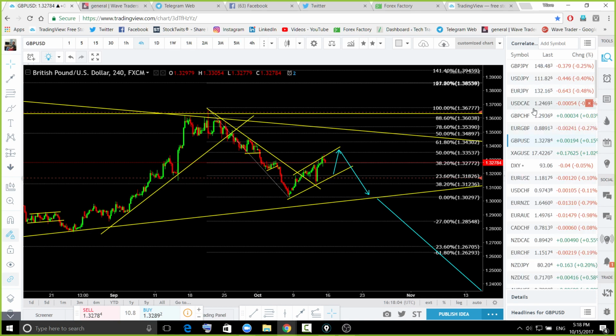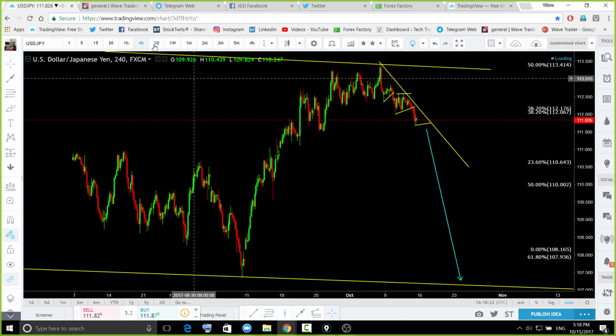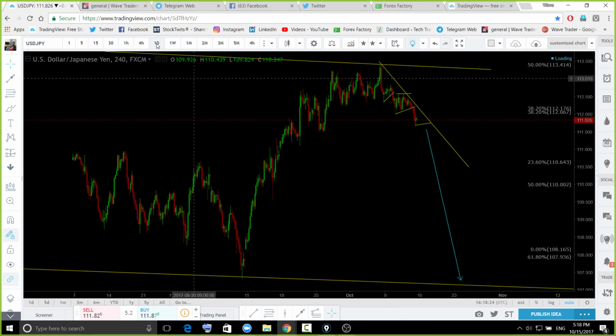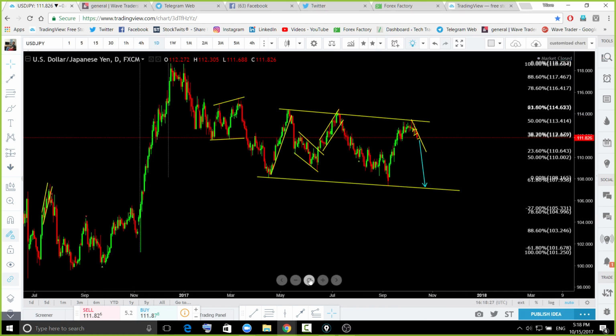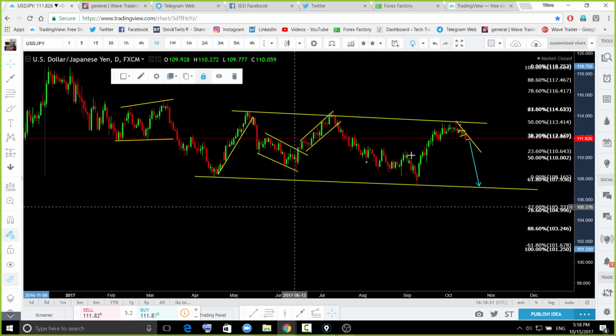Pound USD, pound yen, pound chief and pound euro. I will explain these two pairs later on. What I need to do is explain those pairs which are ready to move, where you can get some potential for next week. So pound yen, pound chief, and USD yen. Okay, that trade.